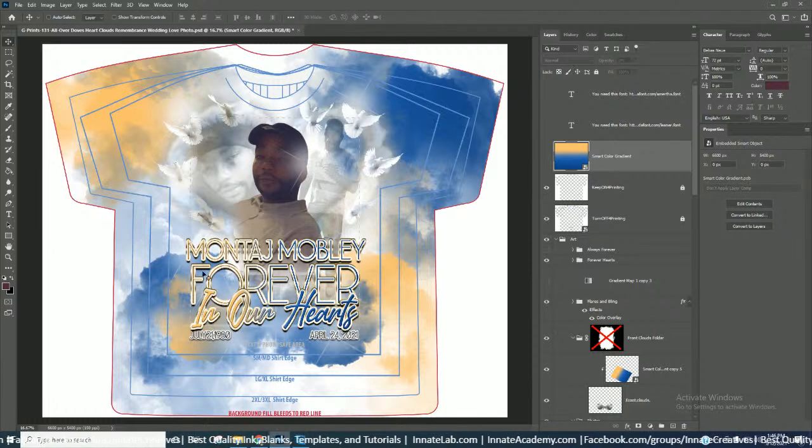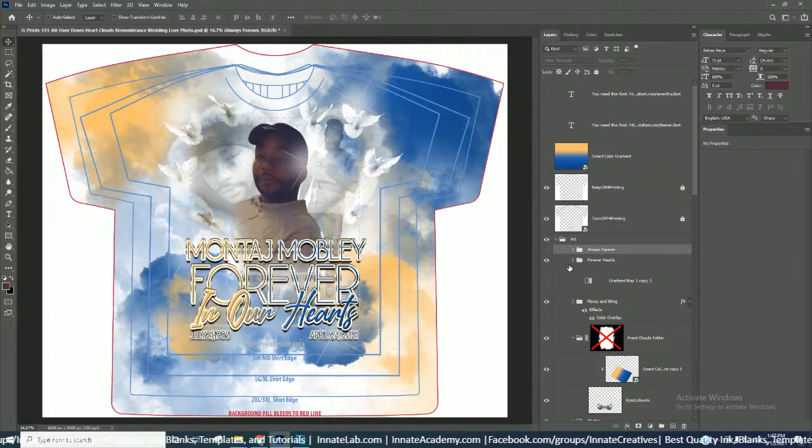Alright, so we're going to put gone but not forgotten. So let me see if I already have. No, I have forever in our hearts and always and forever. So depending on what type of text I'm doing, I may or may not use certain layers. For this one,